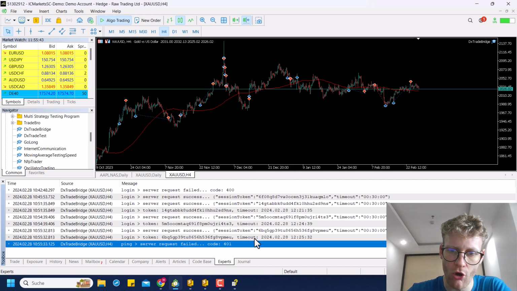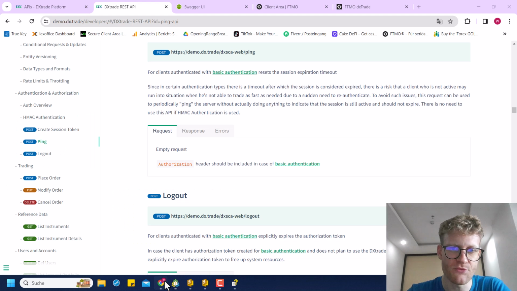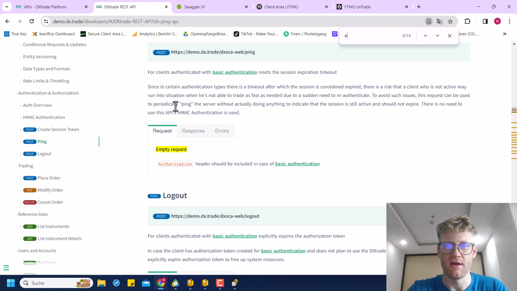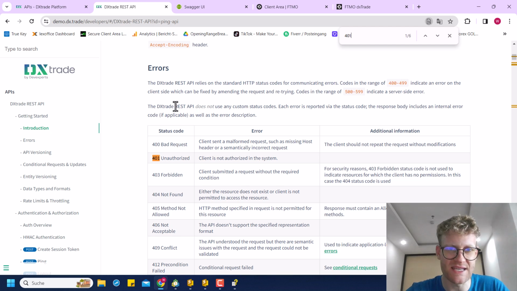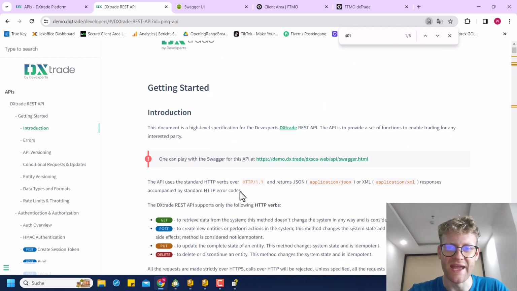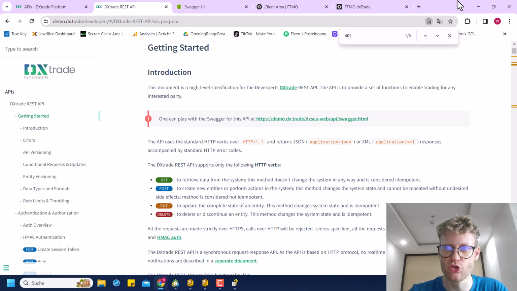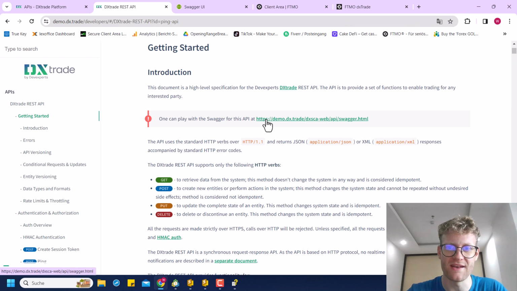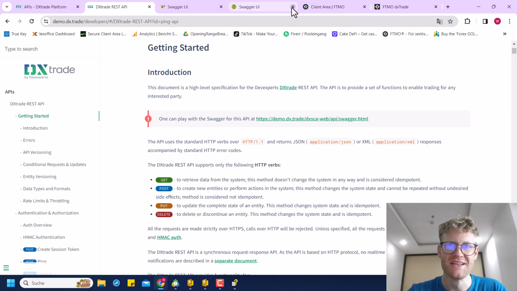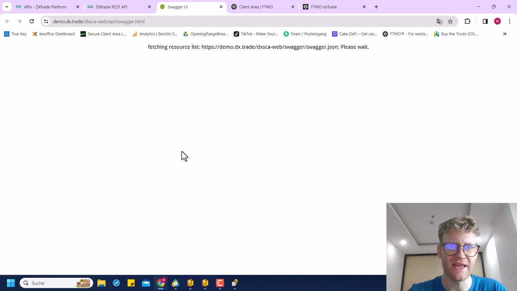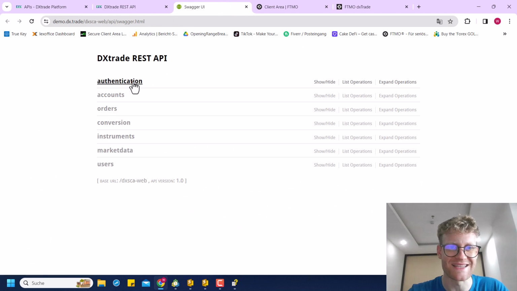It's a 401 error. And if we read about this error, 401, you can see we are unauthorized, which means we somehow messed up and sent the wrong token. And the solution to this is what I found when I had a look at the Swagger here. So just go to the Swagger UI, and here you can also test all of these functions really easily